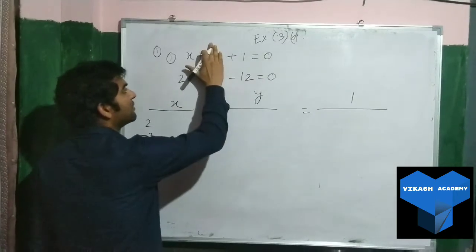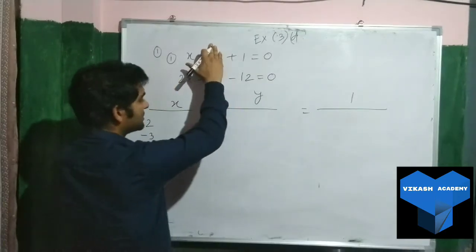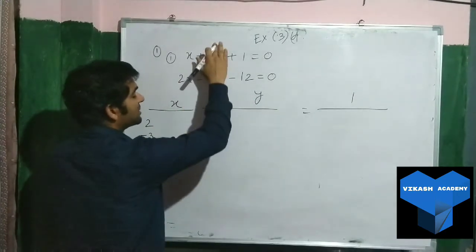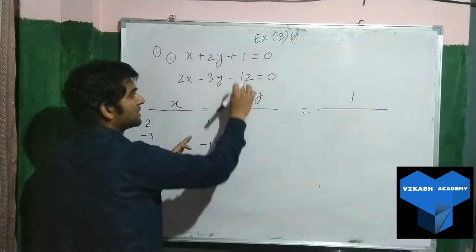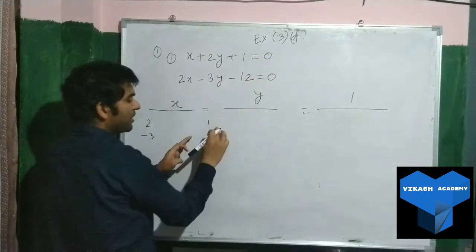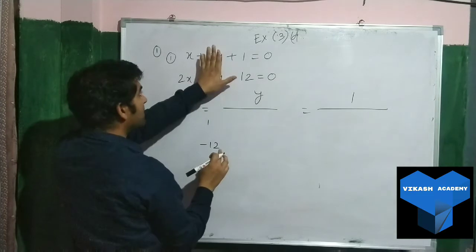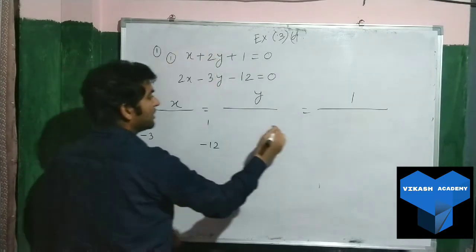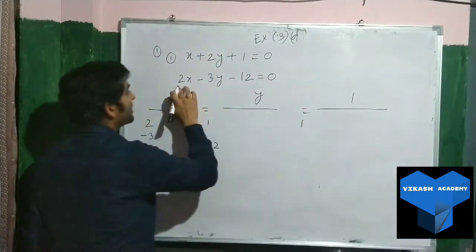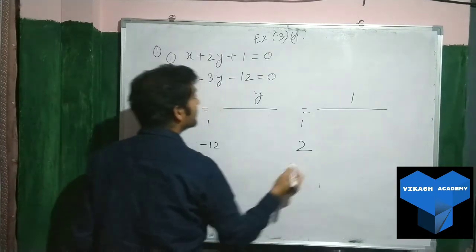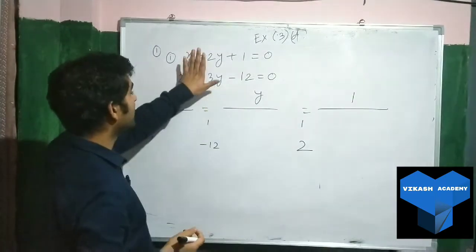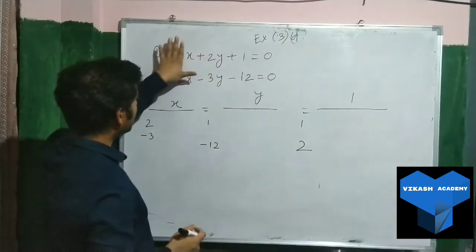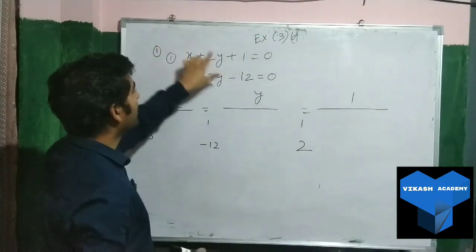For the next one, you have to take the first and last values. The first value we already have here, and the last value is the constant, c1 and c2, 1 and minus 12. Then what is here? Nothing here means you will write 1, and here we will write 2. Next, for 1, you will cover this part, so you have taken 1, 2 already here. What will be there?